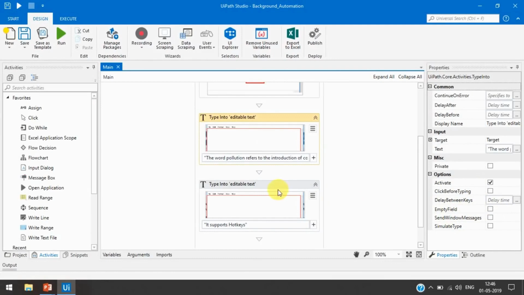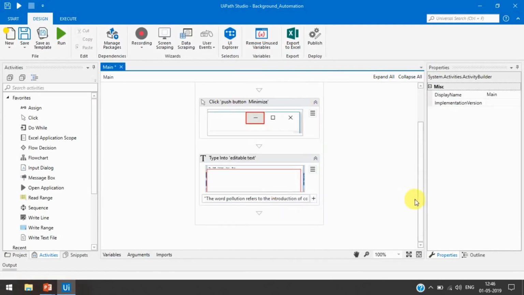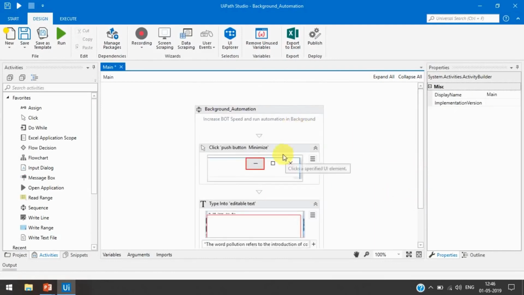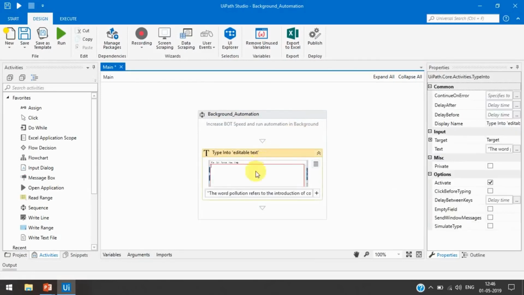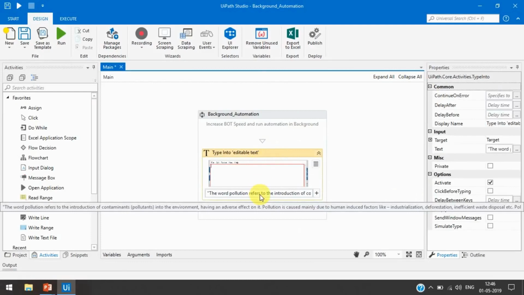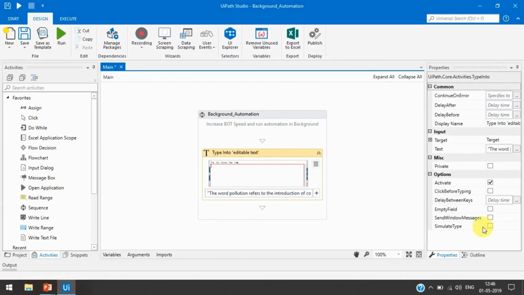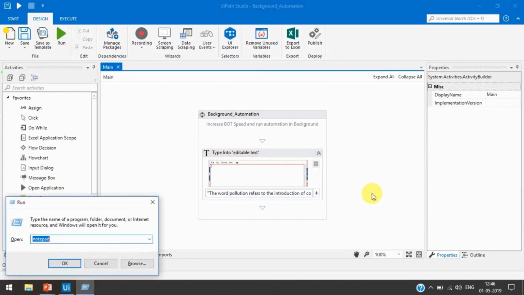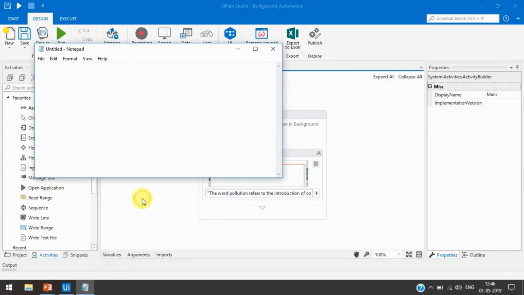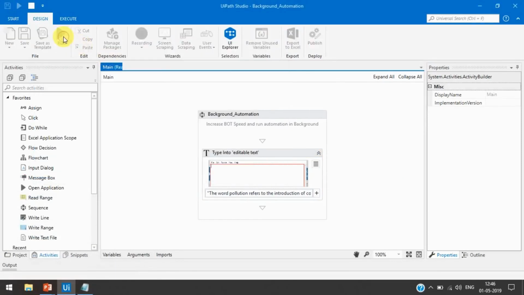So for that first I am going to delete this, it's not required, and this one is not required. Here we have taken more than 150 or 200 words. So here I am going to check empty fields. Now we can empty the fields. So let me open the notepad and run this.